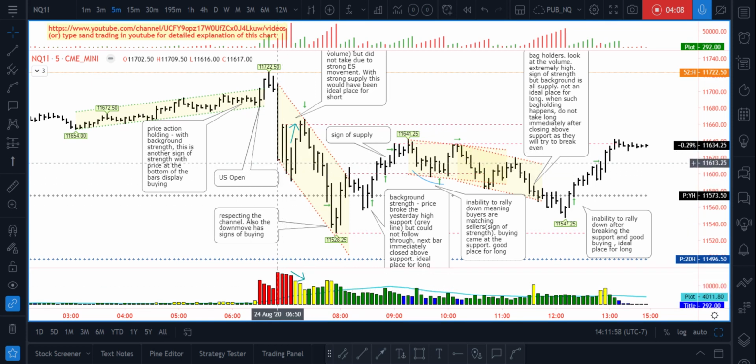But nevertheless, what happened from here to here? If all this volume had been selling, it would have moved three times as much as this one, right? But it did not happen. In fact, it kind of closed. This is called shortening of thrust. Basically, it is unable to move down, meaning that strength came up. The buying came up a little bit here, not a little bit, actually strongly came up. But it does not mean that we will buy this one, because it is still not clear, right? So at this stage, the reading is what's important.